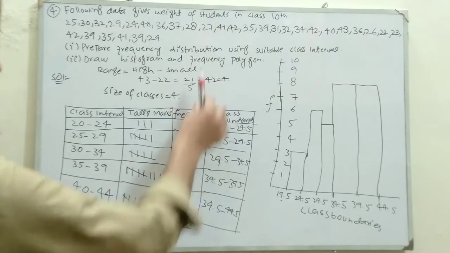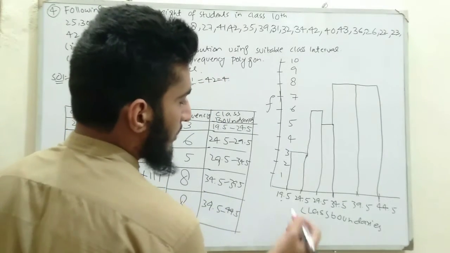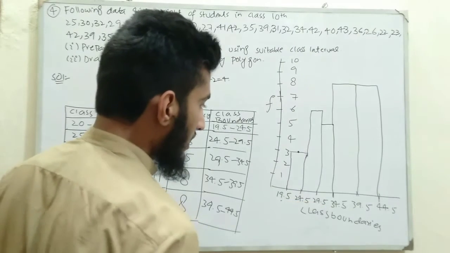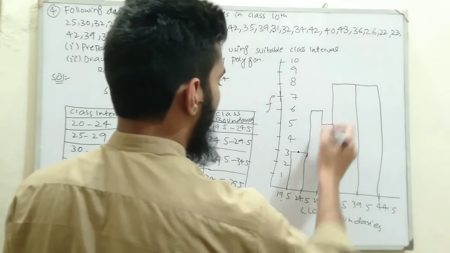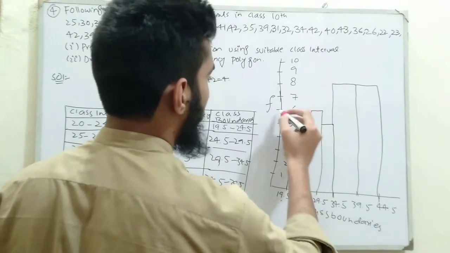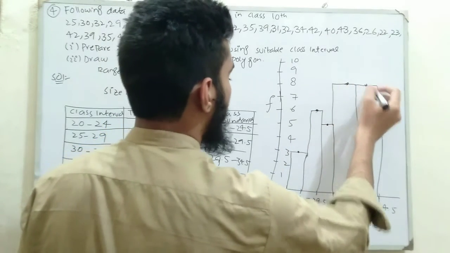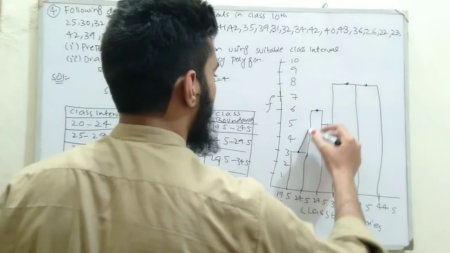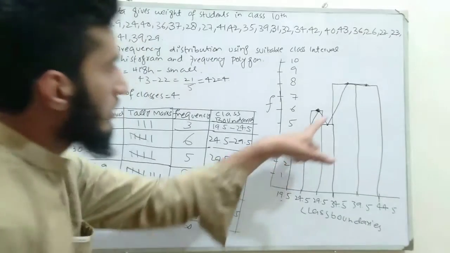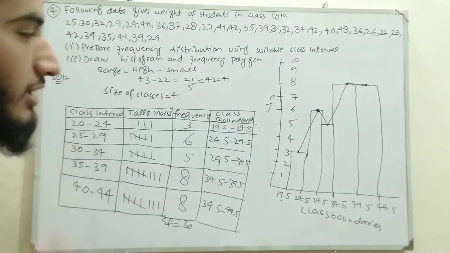They also tell us to find the frequency polygon. For the frequency polygon, we will choose a point in front of 19.5 and 24.5. After this, we will choose the point in front of 29.5, to the front of 6. So over here, and after this over here, and over here, and we will join them just like this. So this is actually our frequency polygon. So this is the solution to part 1 and part 2 of question number 4.